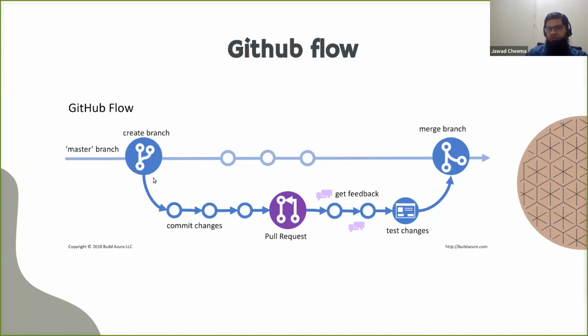Typically, what you should be doing is branching out for every new task, and that task should be tested within that branch, right? And after sufficient testing within that branch, you actually merge it. So you should not be merging until you are confident. You can add a lot of automation and manual effort depending on where you are in your journey, but there should be sufficient testing within your branch so that you are more confident,